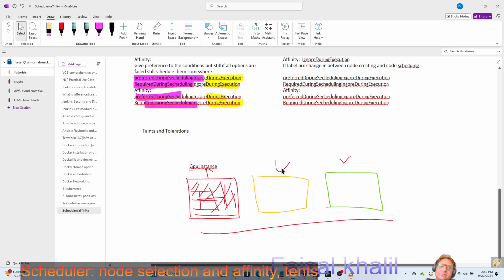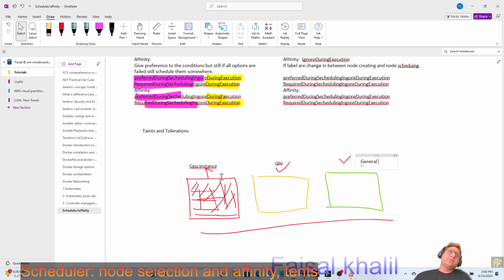This is a CPU instance. This is general purpose. So you have some workloads. For example, now this is the age of AI, and for some AI applications you always need GPUs, and you don't want to waste your GPUs for tasks which are not GPU intensive. That's why you have divided